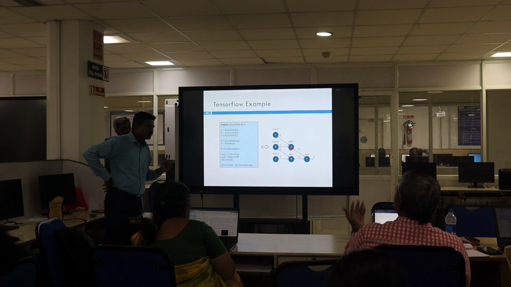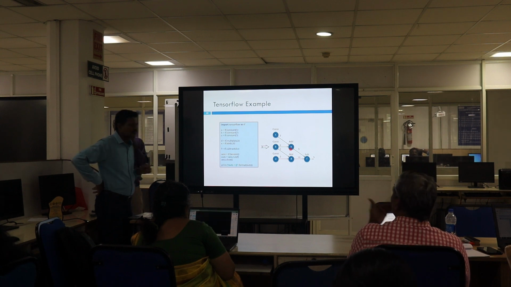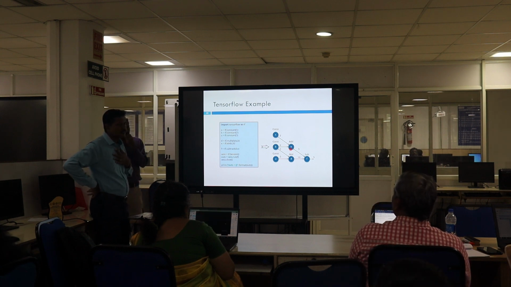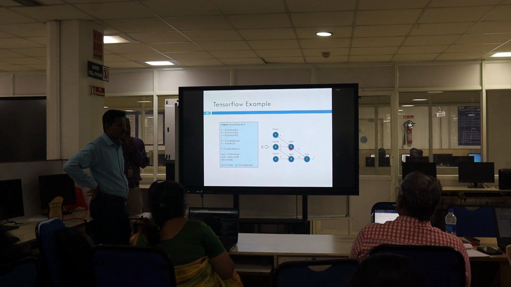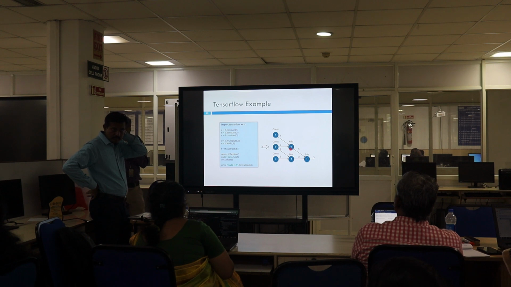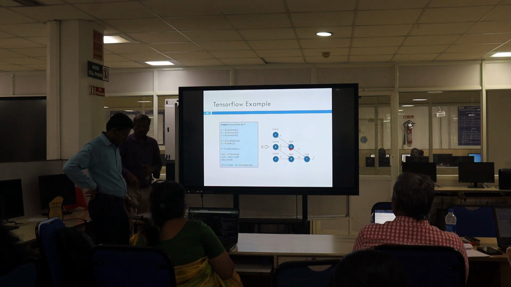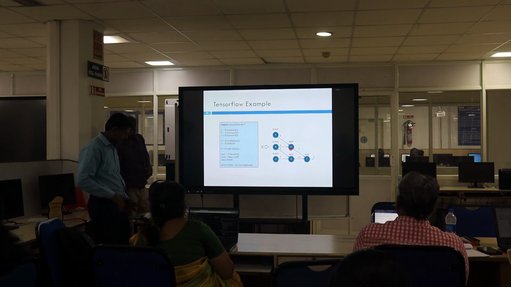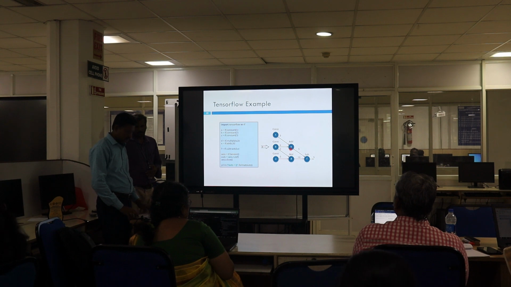Here, what is the meaning of the tensor? A equal to tf.constant(5) creates an object. We consider this as an object. TF is the instance of TensorFlow, and we create data, taking the value 5. We can consider A as a separate object, another instance of a TF tensor. In Python we consider everything as an object. Here A is a tensor object.